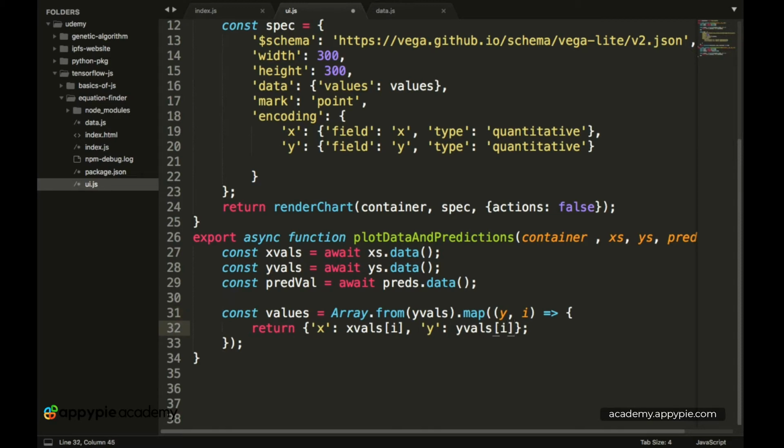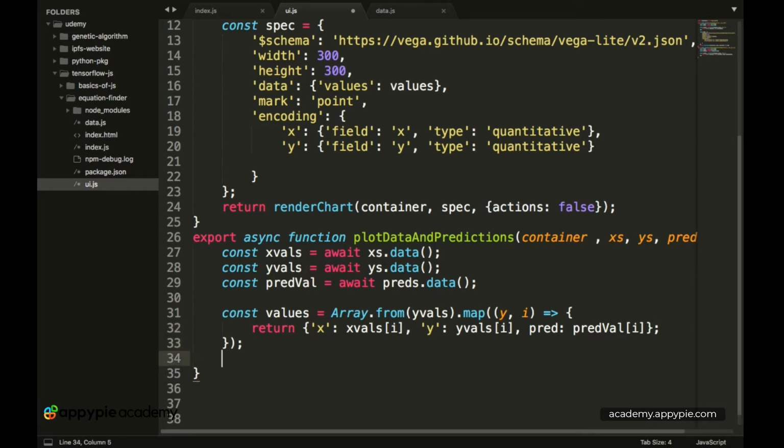So over here we have y values, let's put a comma after this, and now we have predictions. So we have pred, and this is basically equal to predValue followed by the i syntax, because again we are referencing a particular array.